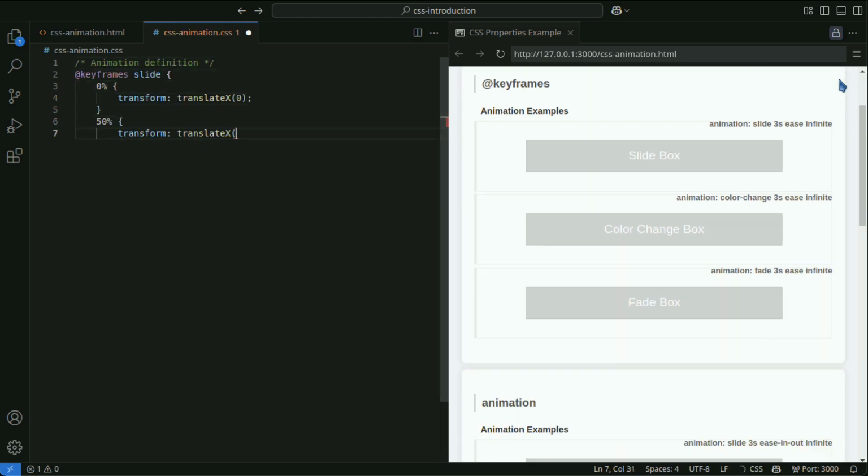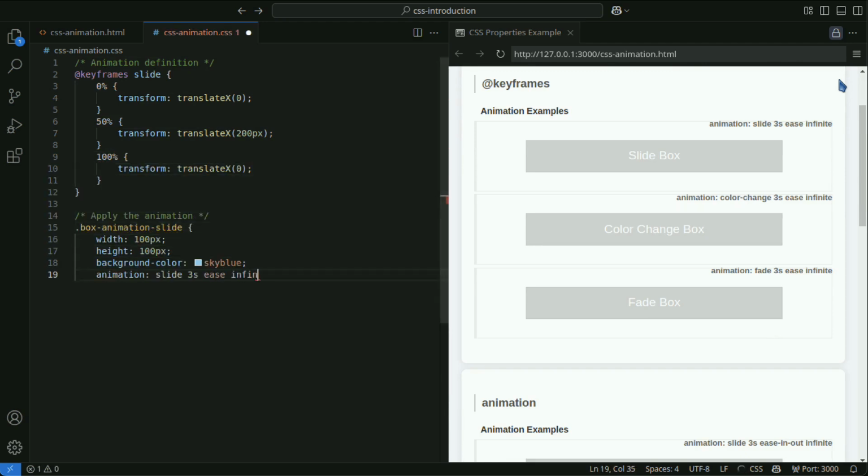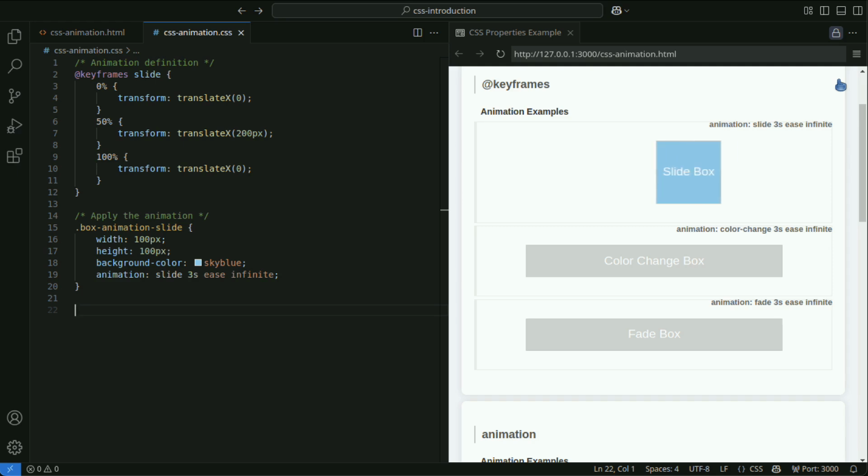First, let's take a look at the @keyframes rule. @keyframes is used in CSS animations to specify how styles change during the animation. In @keyframes, the style changes from the start to the end of the animation are specified by time percentages or keywords, from and to. This is an example of an animation where an element slides from left to right and returns to its original position.